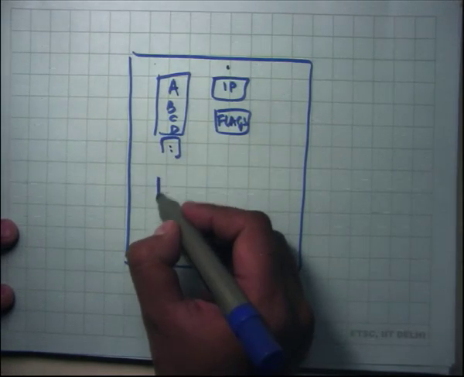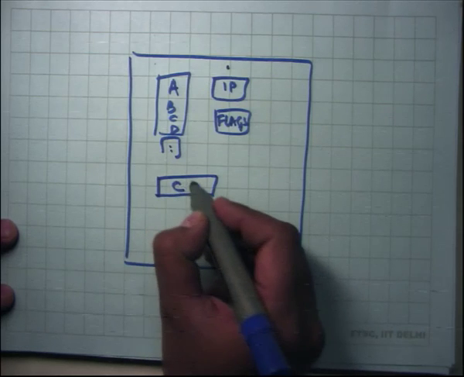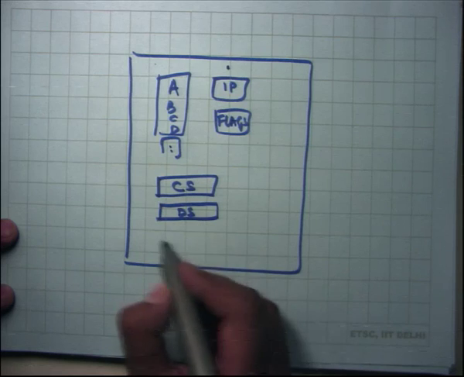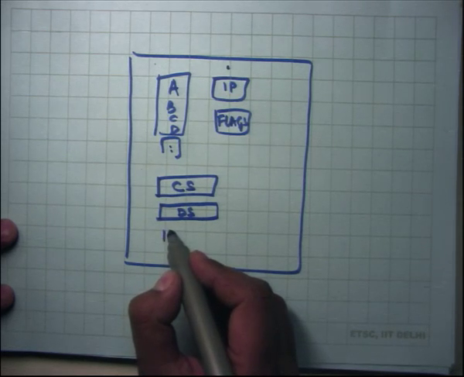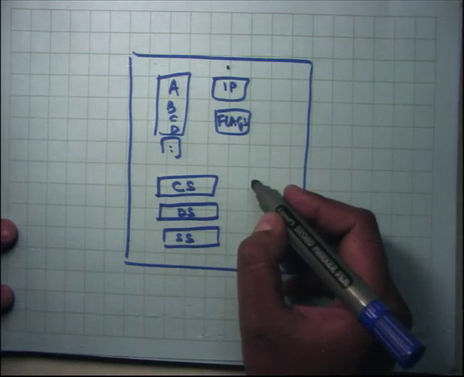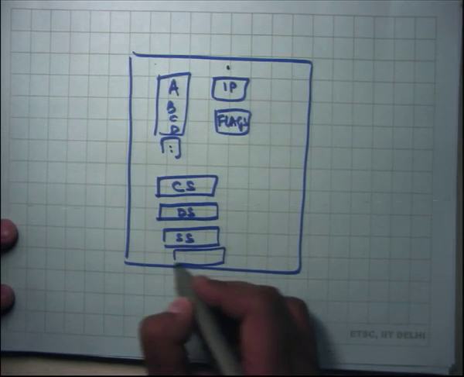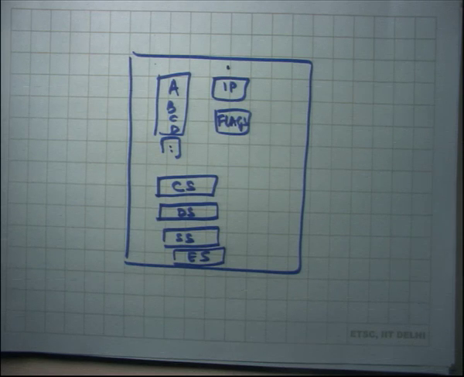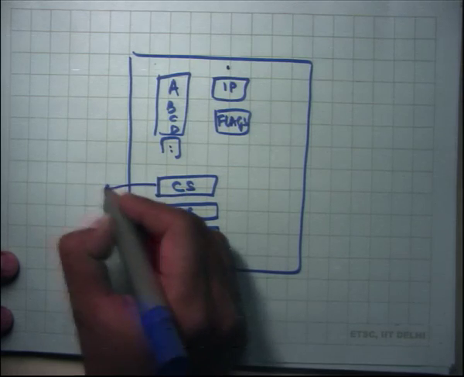And then there are these segment registers. There are 6 segment registers on x86: CS, code segment, DS, data segment, SS, stack segment, and then there was another segment which is called the ES. This is for anything else you want to do. It's usually used for the string operations, and we're going to talk about that in a minute. These registers themselves were 16 bits,